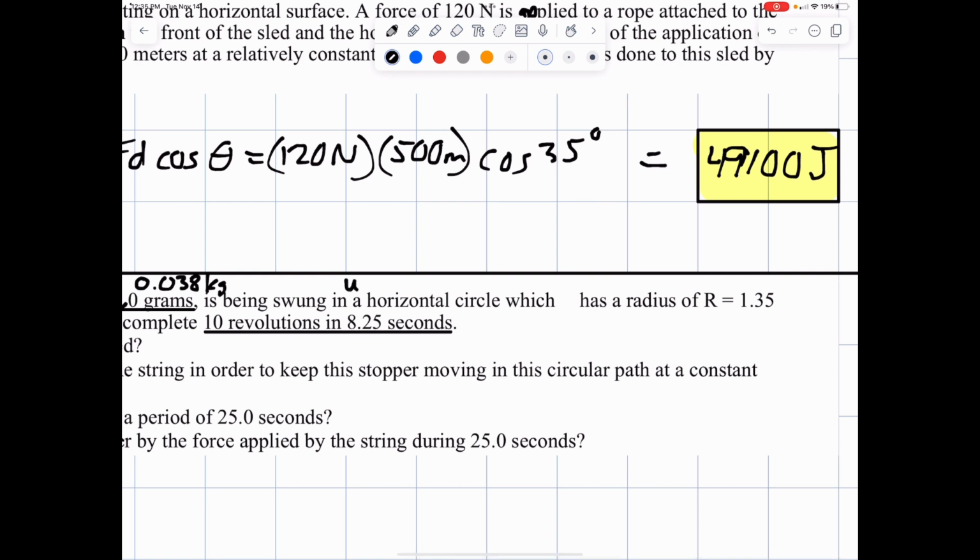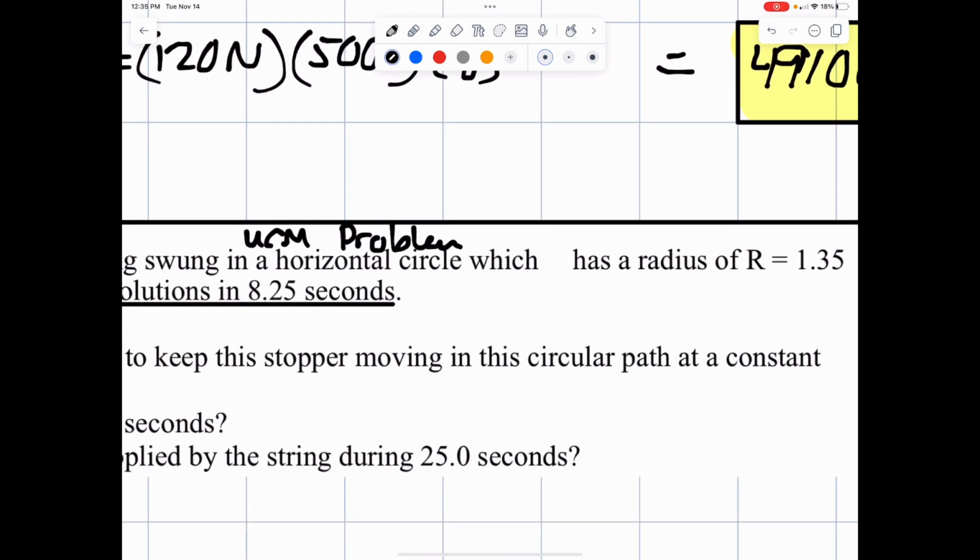So that essentially makes this a uniform circular motion problem, right? And in a uniform circular motion problem, those are going to be centripetal force problems, but also to find the speed around, we need the circumference divided by the period. So the period is the time once around the circle. And the period can be found by taking the time for 10 trials